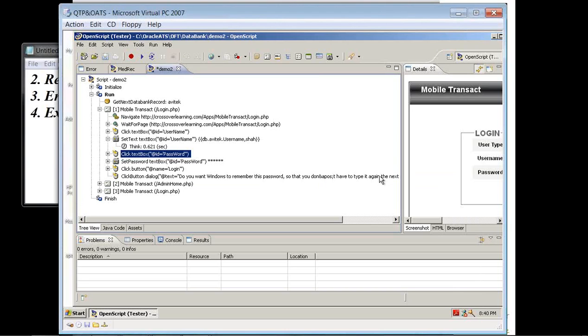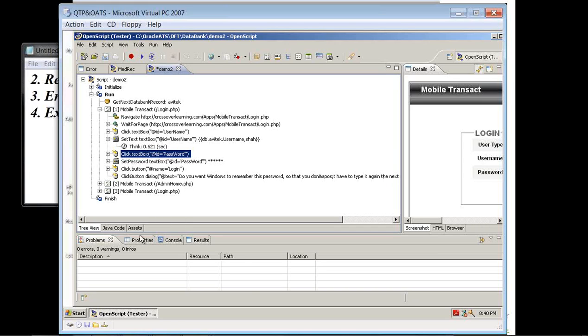So any application which is built on Java, it will readily support. That's for sure. There may be some objects which it is not supporting, like a calendar element or some of the finer elements, but we have other methods for the tool to identify and interact with the object.